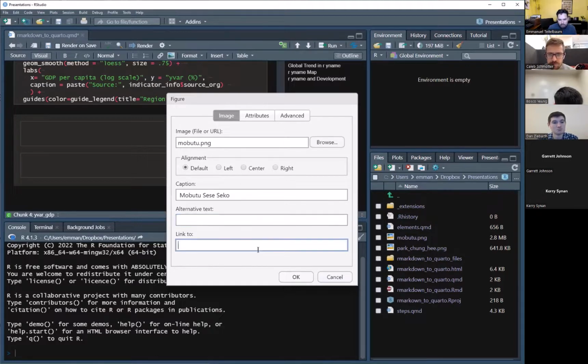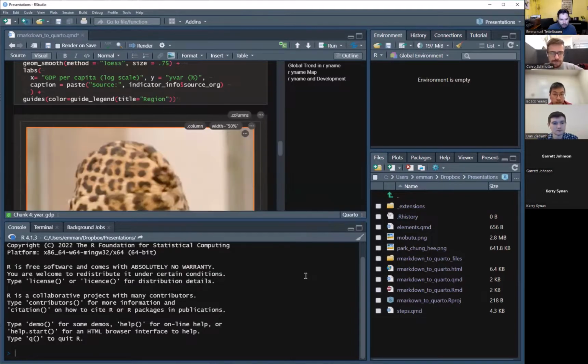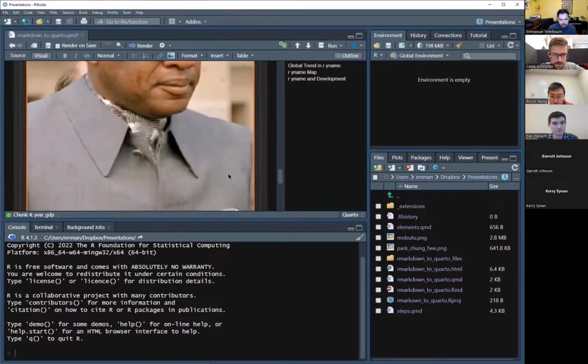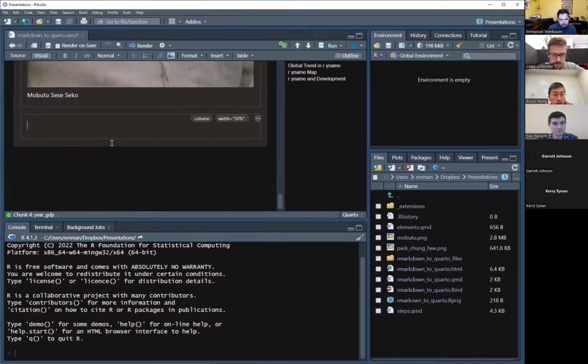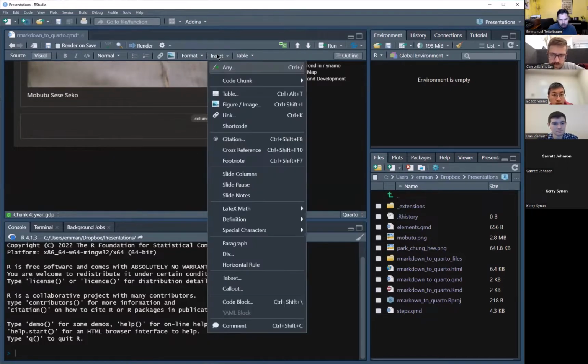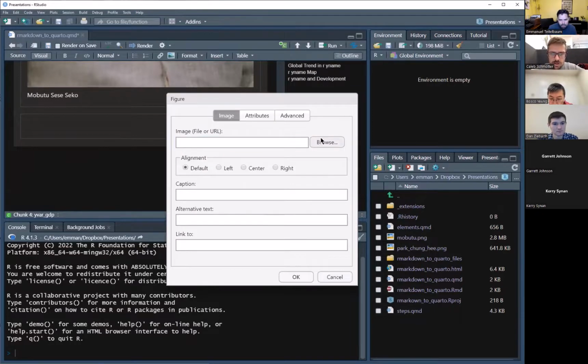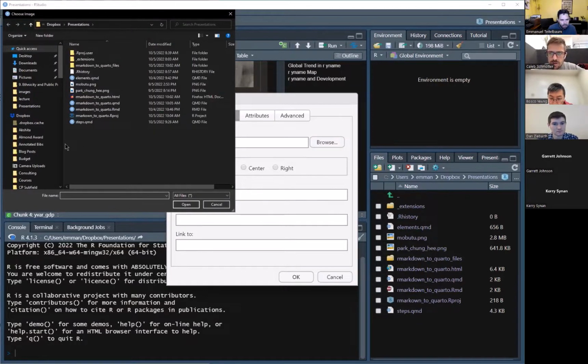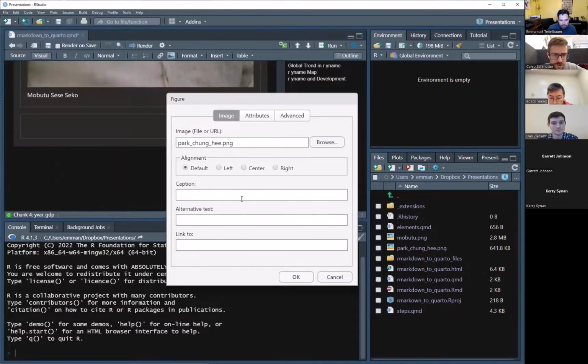We can have a link going out to an external site. And then if we insert that, it looks like that. And that's one column. And then in the other column, we can insert another figure or image. In here, we could do Park Chung-hee from South Korea. And then we can write a caption